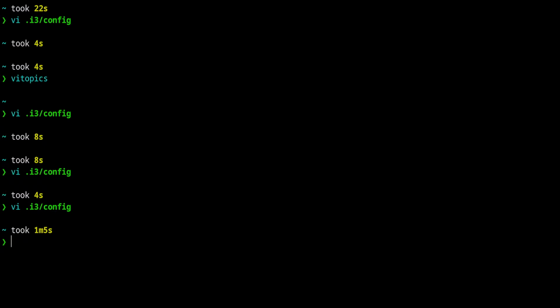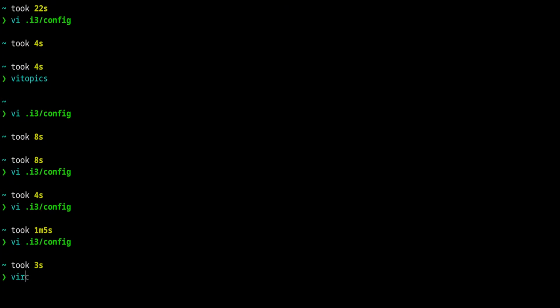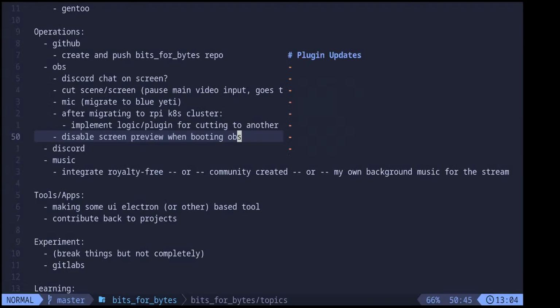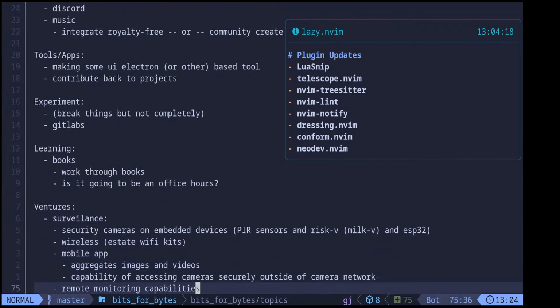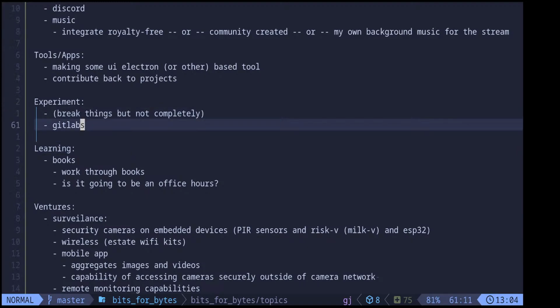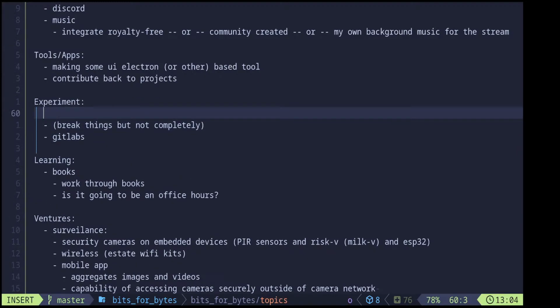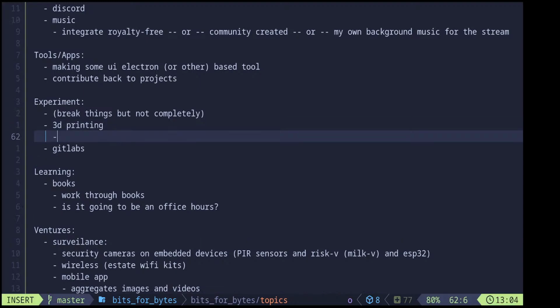So the idea is that maybe for that we can get one of the prototypes of the camera system. We can get a camera on the 3D printing machine, or the 3D printer. I mean, that's not really an experiment. I want to experiment with 3D printing, probably above GitLab. I don't care so much about GitLab. So for 3D printing, it's like 3D modeling,